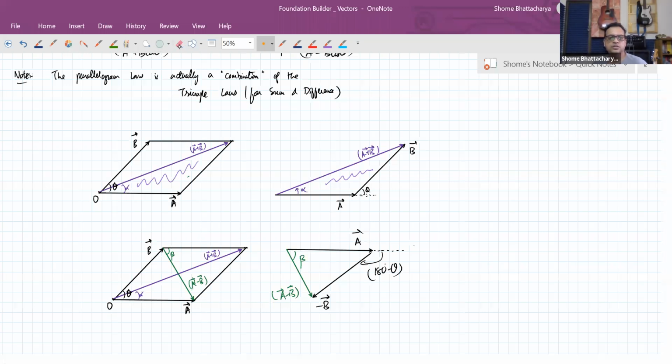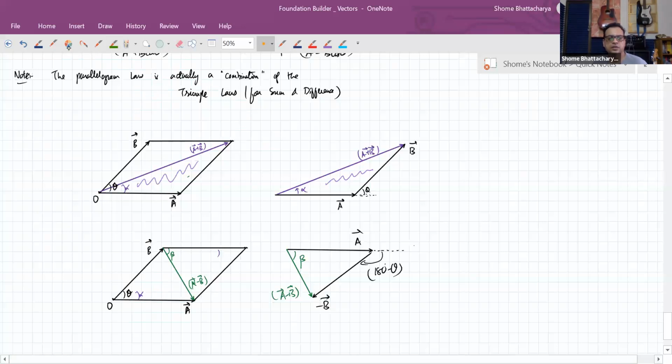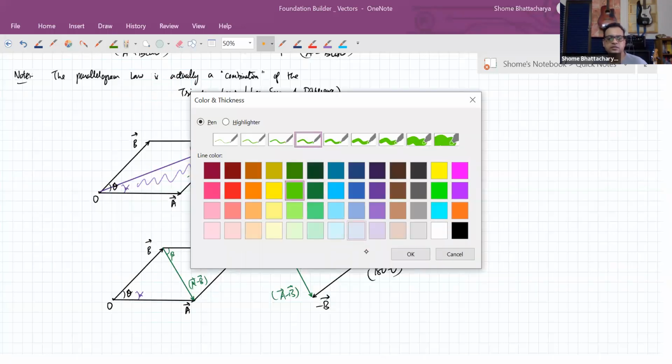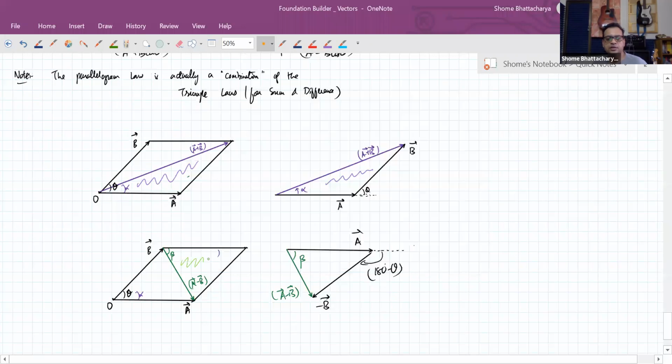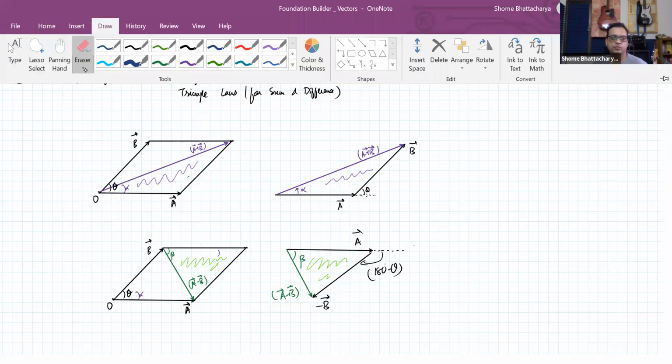Now again, if you just concentrate in this diagram on the secondary diagonal this time, forget about the primary diagonal, you will see that this triangle is already contained in this. Okay, so that's why I said that there's nothing new in the parallelogram law. It's the same information of the two triangle laws, but the advantage is that both the triangles are combined into one diagram. So for certain types of problems, it gives us a very easy way of analyzing the problem, and that is the importance of parallelogram law. Otherwise there was no need to study it separately, because it's the same thing as the two triangle laws, but in a sort of combined form.